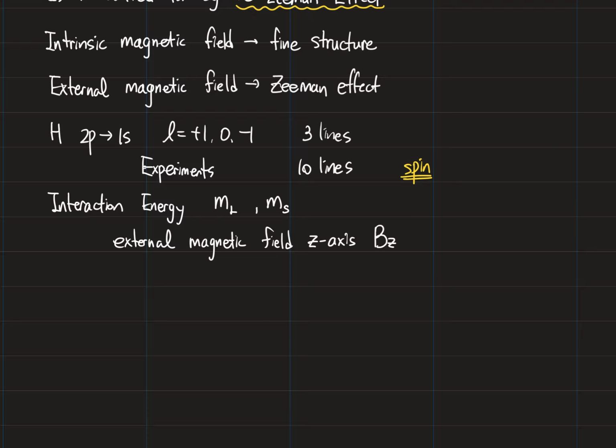Let's call it B sub z. This interacts with the total magnetic moment. So this interaction gives us the potential energy term V, given as follows: